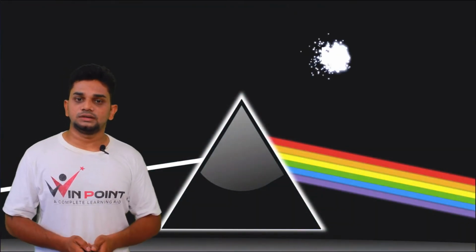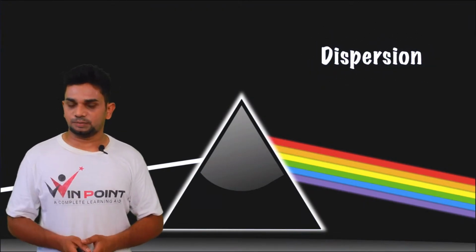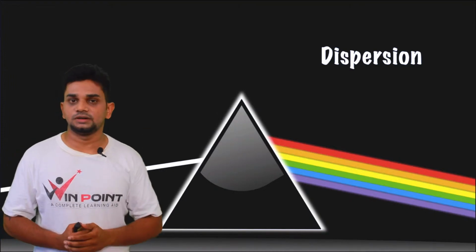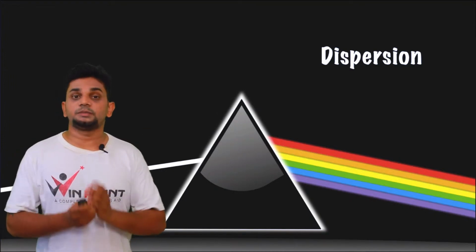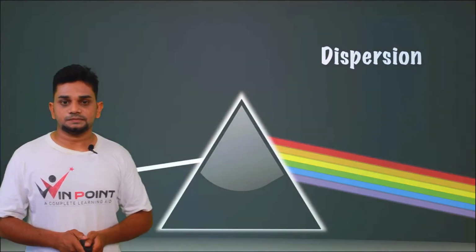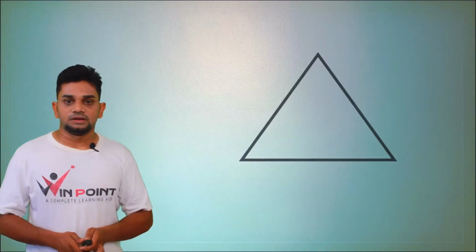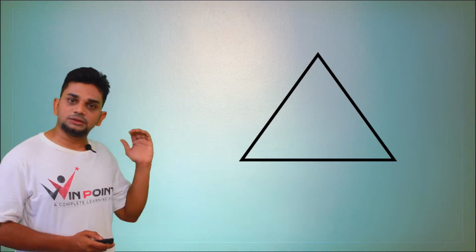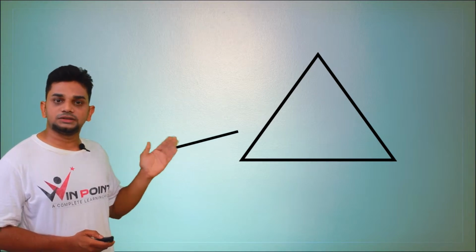Now we can discuss dispersion. What do you mean by the term dispersion? You can understand the term dispersion by this diagram. Dispersion means splitting of light. Let's see that. Here you can see a prism. When white light is passing through the prism,